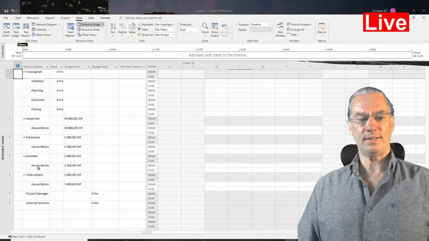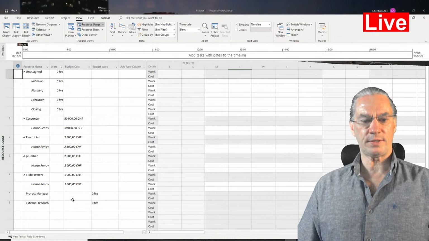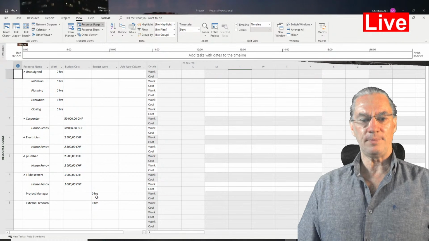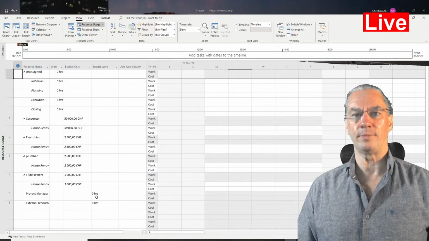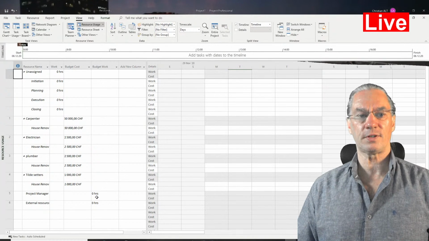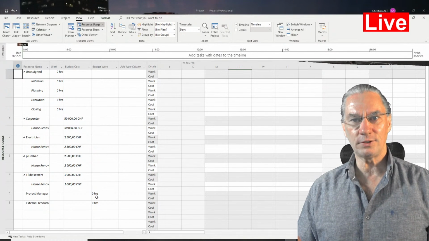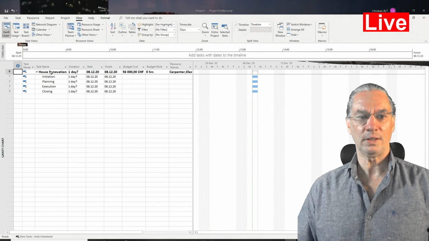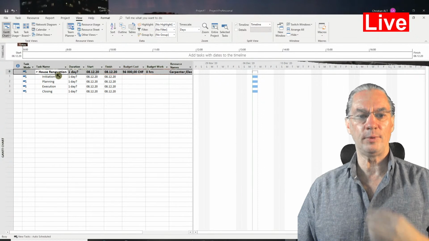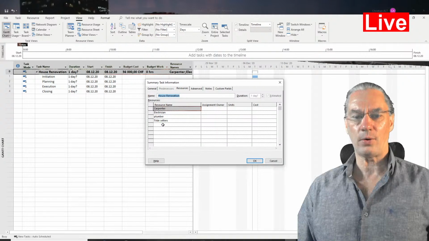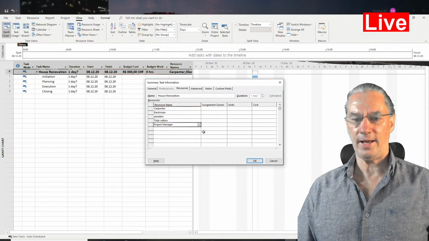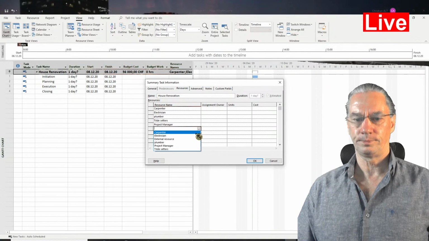And here below you see a change, in the sense that now we have budget work which is defined, but I haven't assigned them to the summary task of the project. So I need to go back to the Gantt chart, house renovation, I double click on it, and now I should be able to add the project manager and the helper, the external resource.